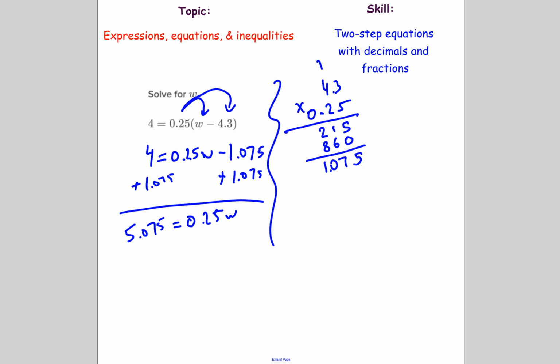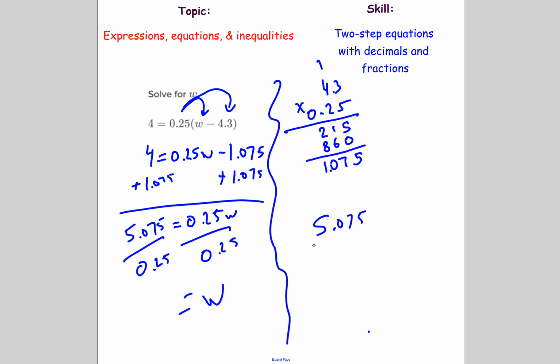I'm going to extend the page a little bit. So I have to divide both sides by 0.25. Divide by 0.25. And I'm going to get, on this side, w. On this side, I need to use my scrap paper. So this is 5.075 divided by 0.25. So if you think about it, I got to move the decimal 1, 2 places. So this is the same as 25 going into